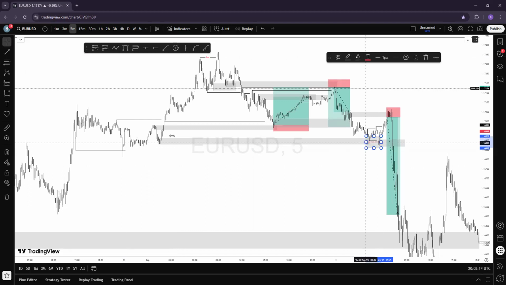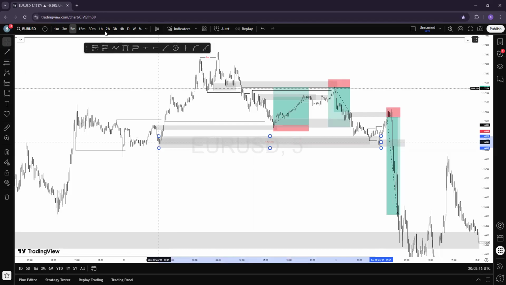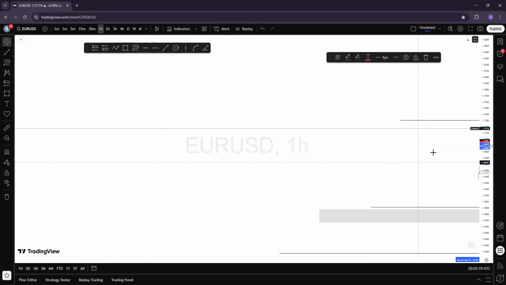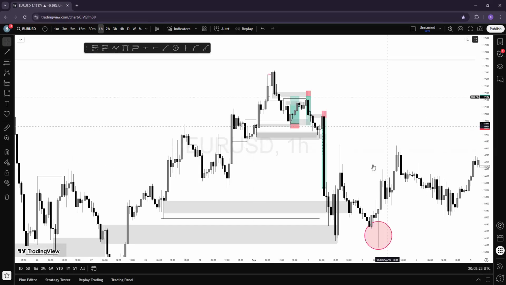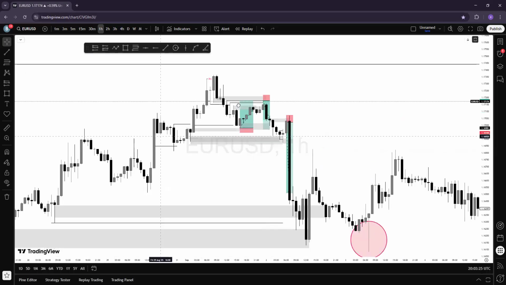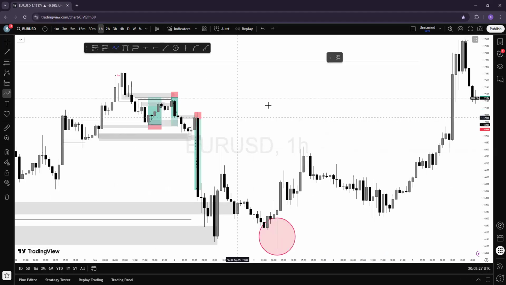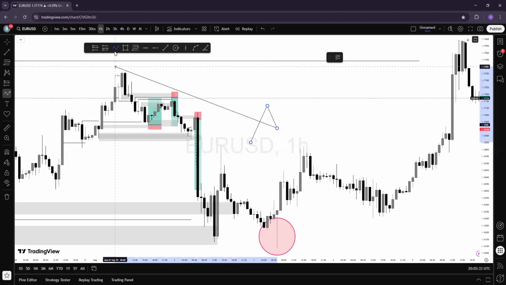Let's check in the past. Let's check the 1 hour time frame to see what happened there. You see that we have a high. This is the high. The market pulled back to a low, and we have another high. This is the high. Now the market is supposed to come here and then buy.